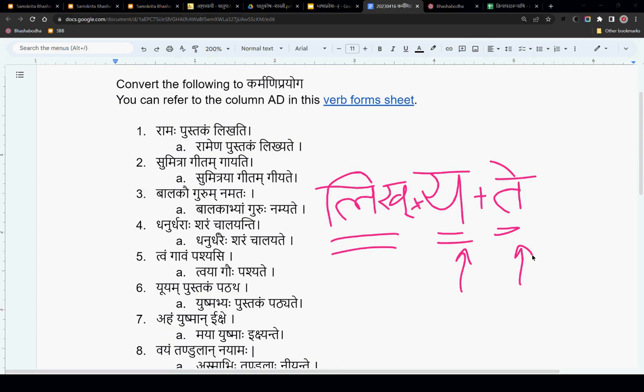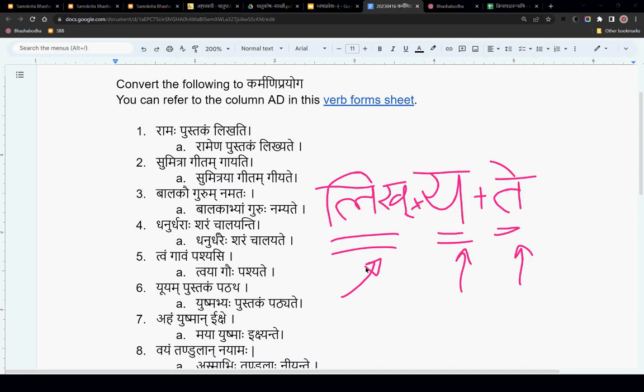So that's all there is to it. So the main thing is to retain the dhatu's form, not the original form from the dhatupatha.